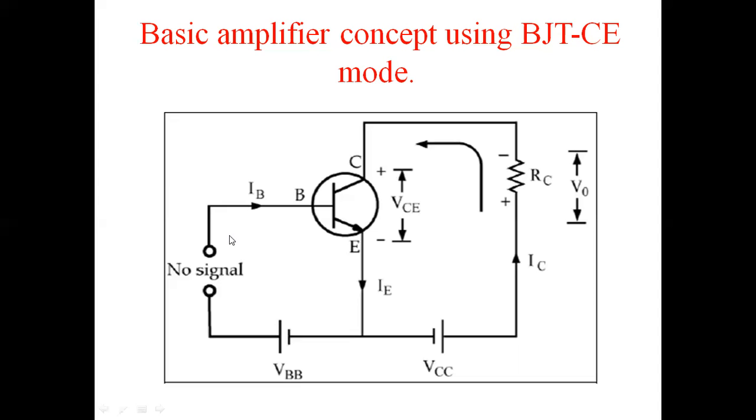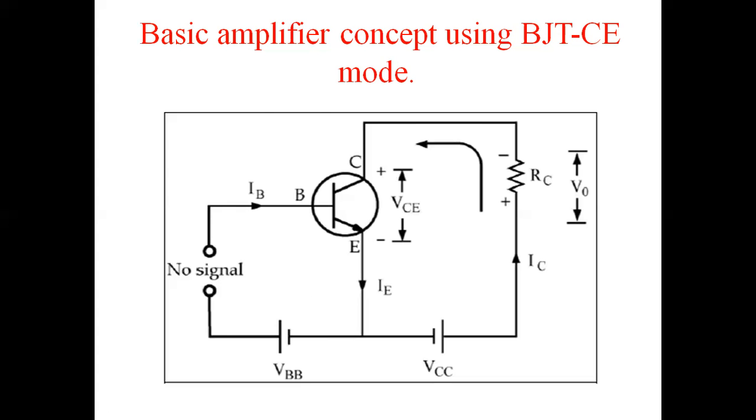For all the values of this input signal, the biasing should be given in such a way that the input region remains forward biased. And similarly, the output region should remain reverse biased for all the values of the input signal. Then only this circuit will work as an amplifier. For this purpose, we need biasing. If you observe this circuit, for biasing purposes we have used two batteries, VBB for the input side and VCC for the output side. Hence, the circuit is used as an amplifier. Next one.